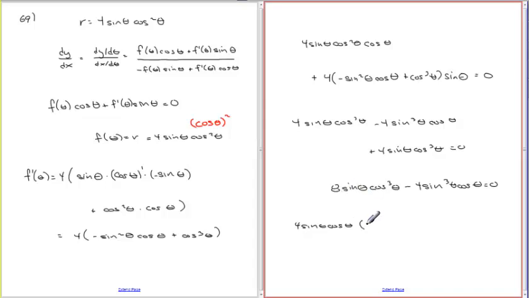This leaves 2 cosine squared θ minus sine squared θ, and that equals 0. If we go to the trig identities,